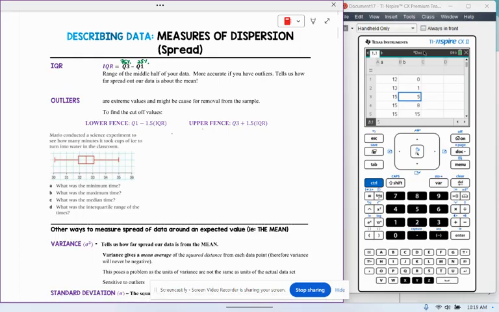It's more accurate if you have outliers than, say, just giving the range, but it does tell us how spread out or how far spread out our data is about the mean. Outliers are extreme values and might be cause for removal from the sample. To find the cutoff values of whether something is an outlier or not,